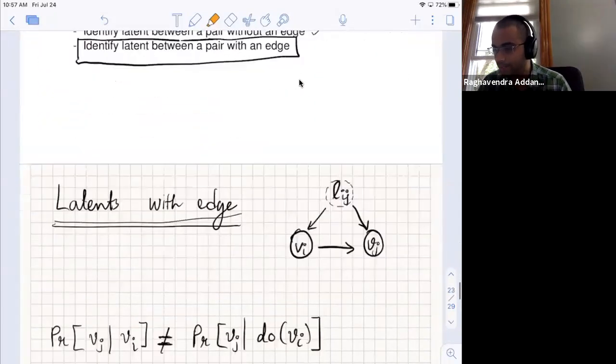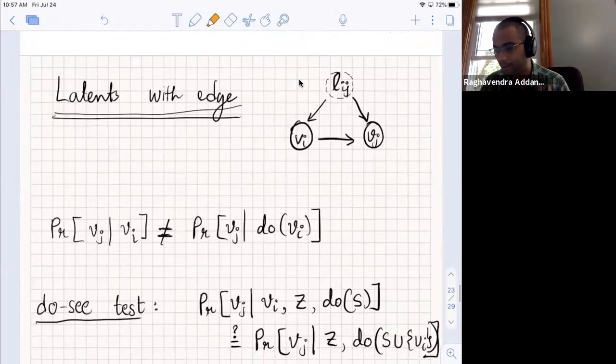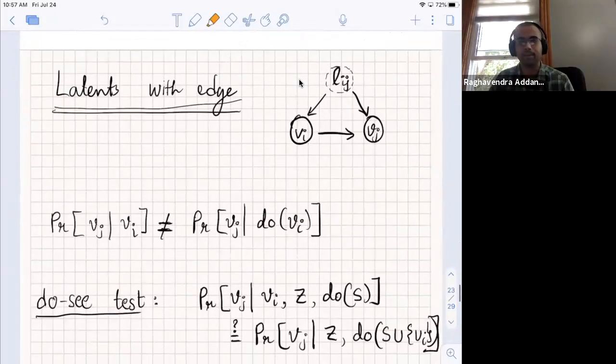So, okay, I'll just briefly describe how we identify latents. If there's no edge, it once again relies on the arguments which I've stated earlier: looking at P colliders, intervening on them, and conditioning on the parents to block all the incoming paths. P colliders remove the conditioning effects. So when there is an edge between them, now we have recovered the observable graph, and we want to identify